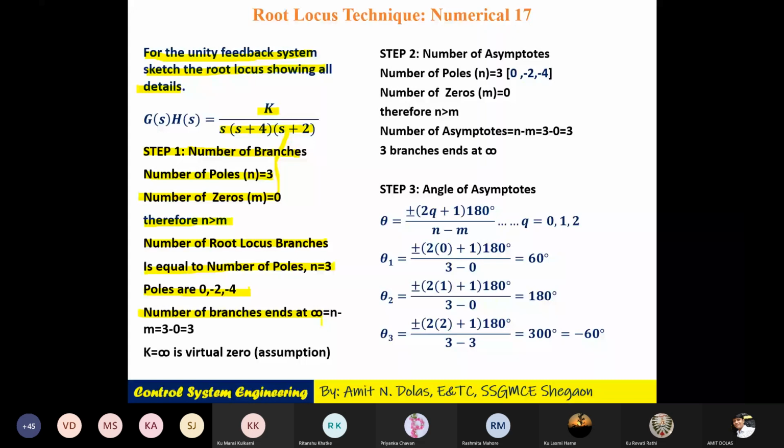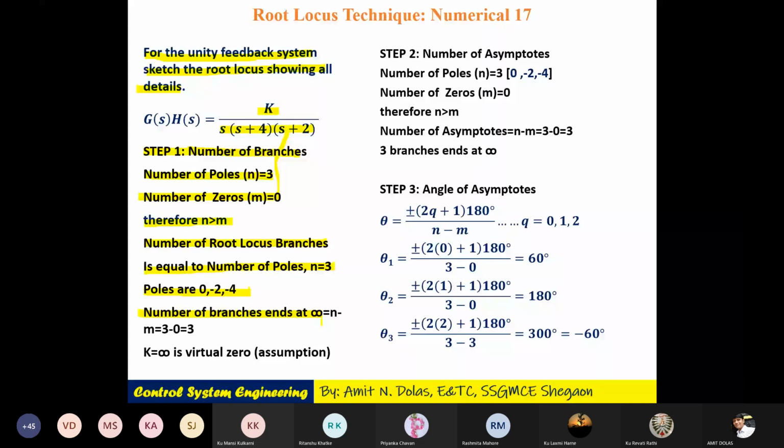The value of k, ये मैंने earlier PPT से copy किया है. Value of k for making the s to the power 1 term 0, how much? It will be 48. For making this term equal to 0, 48 minus k divided by 6, I used k value 48. That's why I directly write the Routh array for k value equal to 48.